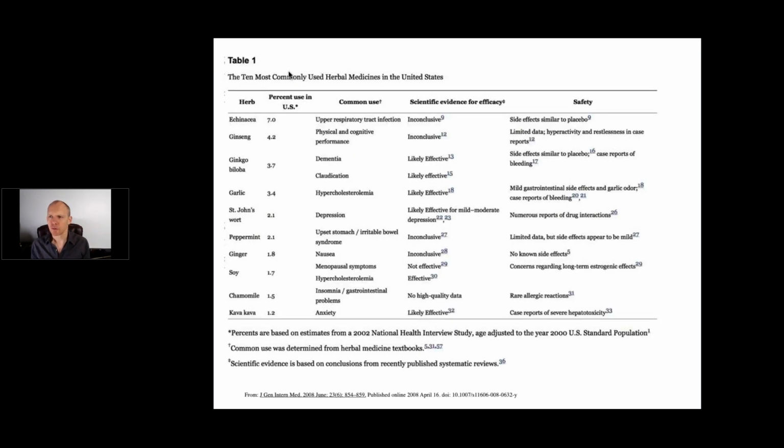Now, I don't know if you can read this on your slide at home, but basically, this is a list of the 10 most commonly used herbal products in the United States. I think it was done in 2008, so I'm sure it's changed by now. If you look at this, the main ones are things like echinacea, ginseng, ginkgo, garlic, St. John's wort, peppermint, ginger, soy, chamomile, kava kava. And what's interesting is when you look at this,